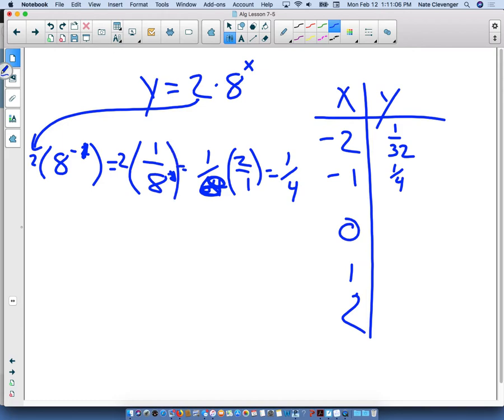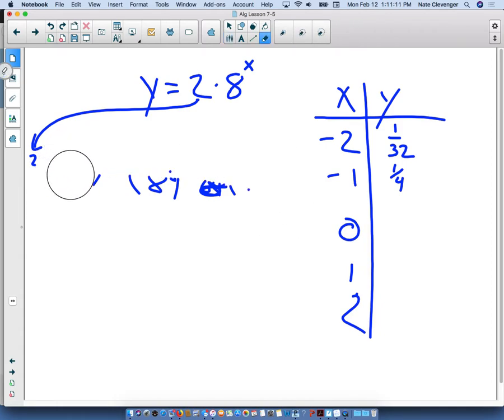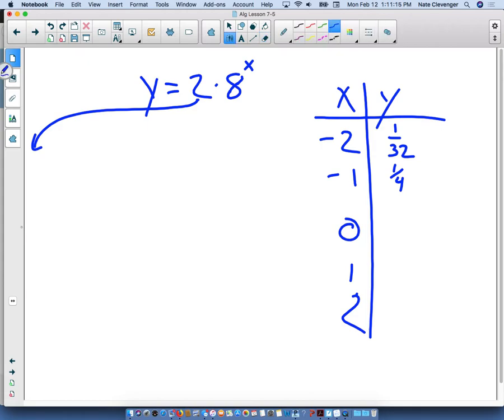How would you do 0? Now 0, anything to the 0th power is 1. So it's 8 to the 0th power is 1 times 2 is just 2. And then we have 8 to the 1st is 8 times 2 is 16. And then 8 to the 2nd is 64 times 2 is